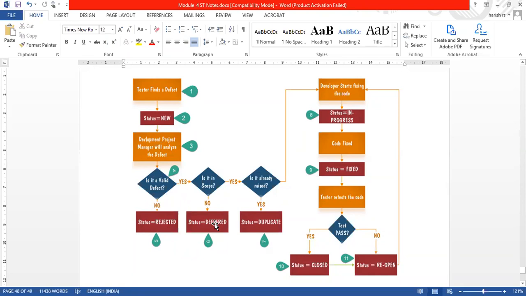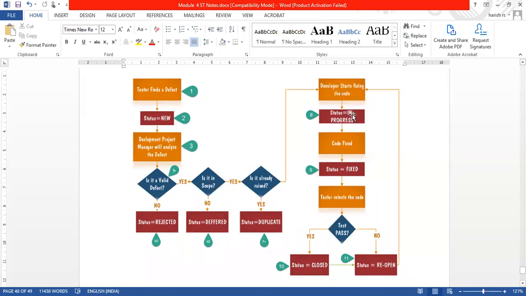Otherwise, we give an upgraded version in the next release after fixing it, or the error has already been seen. If it is none of these three, then we start fixing the error.